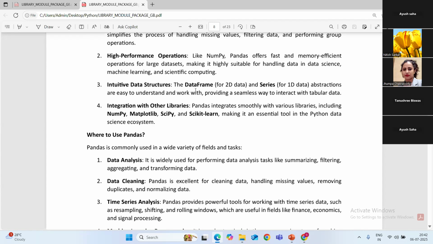This is very interesting. That is called intuitive data structures. So what are intuitive data structures? We can handle 1D data, one dimension, which is basically called series data. And when you go for 2D, that is called the DataFrame. Okay. And integration with other libraries, already